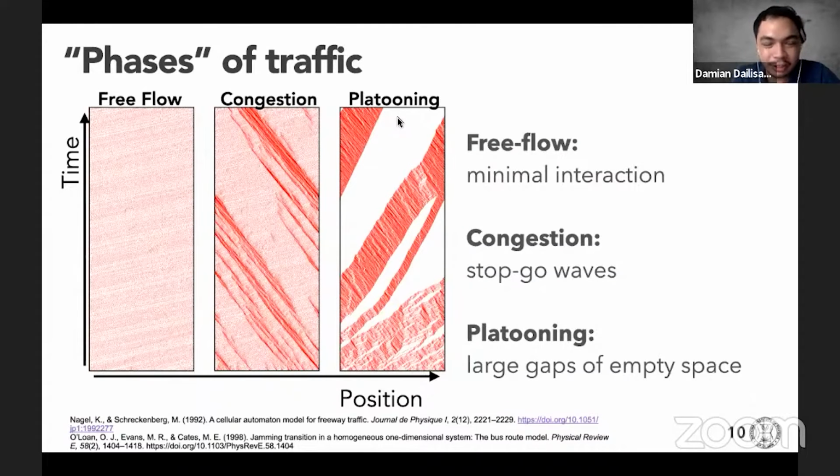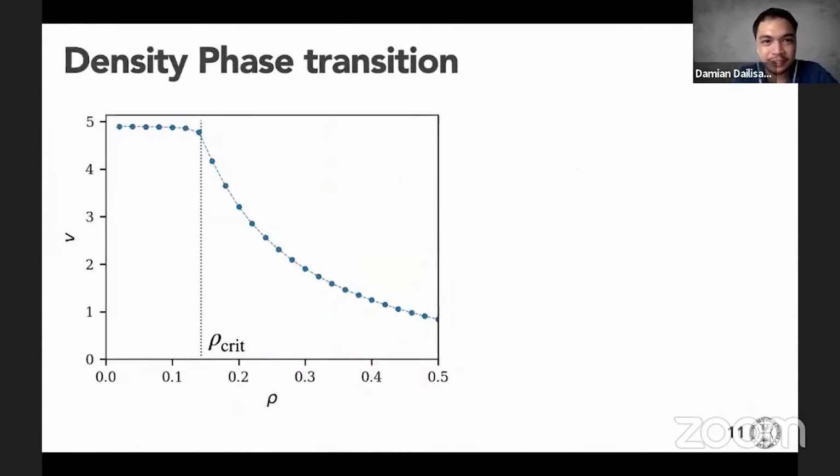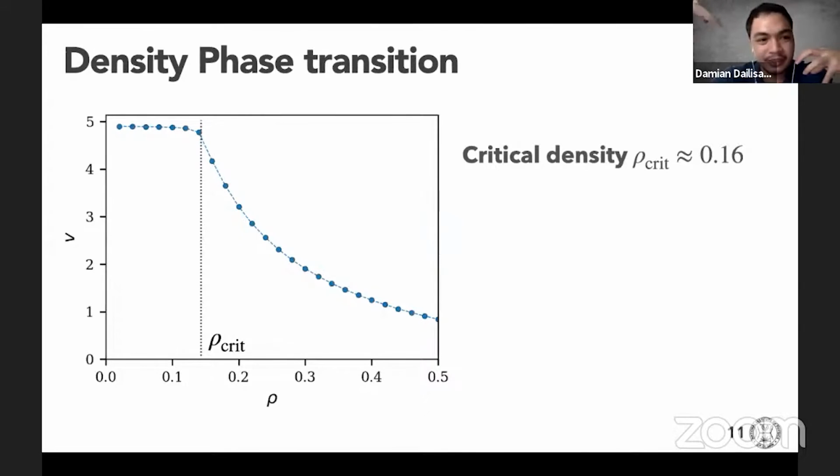In the Nagel-Schreckenberg model, we can observe free flow and congestion. And they're separated by what's called the density phase transition. If you plot the velocity of vehicles in a system at different densities, you would see a plot that looks like this. So if you start with a low density, you would have almost no vehicles. So there's a lot of space for vehicles in the system, and these vehicles can always travel at their maximum speeds. If you increase the density of vehicles little by little,